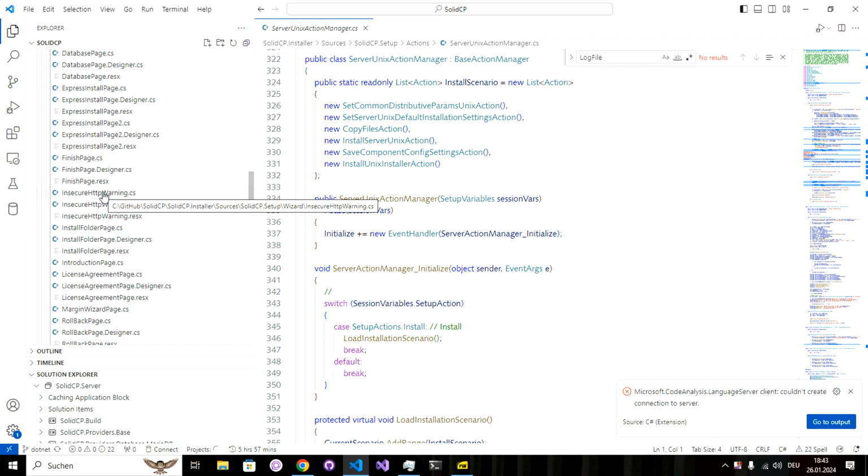If you specify an HTTP binding, it warns you that this server can only be called through the local area network, a LAN IP, or localhost, because the connection is not secure, and SolidCP web clients only support